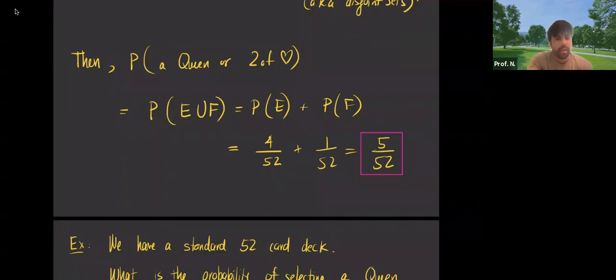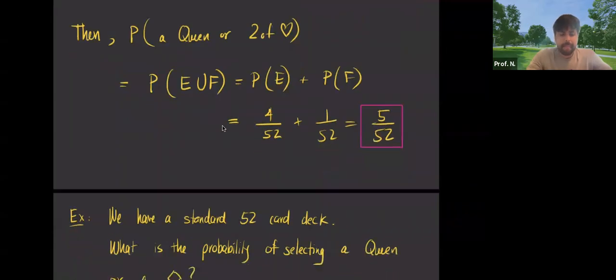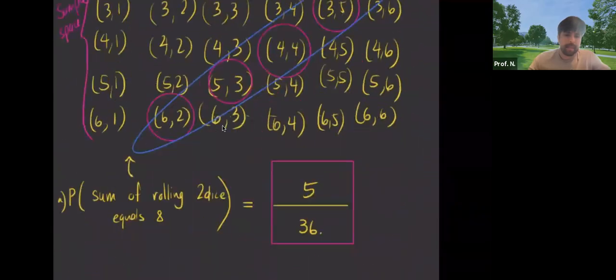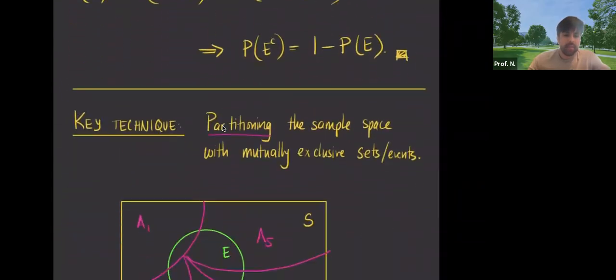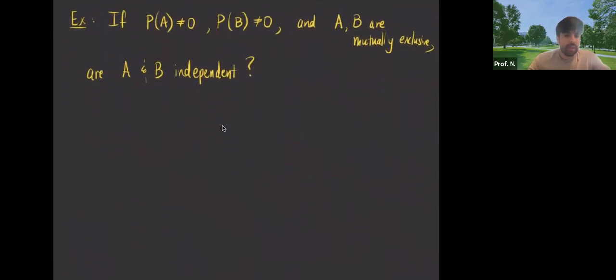No. How come, Fang or Daisy? Why are they not independent? They're not going to equal zero. So yeah, if we follow,